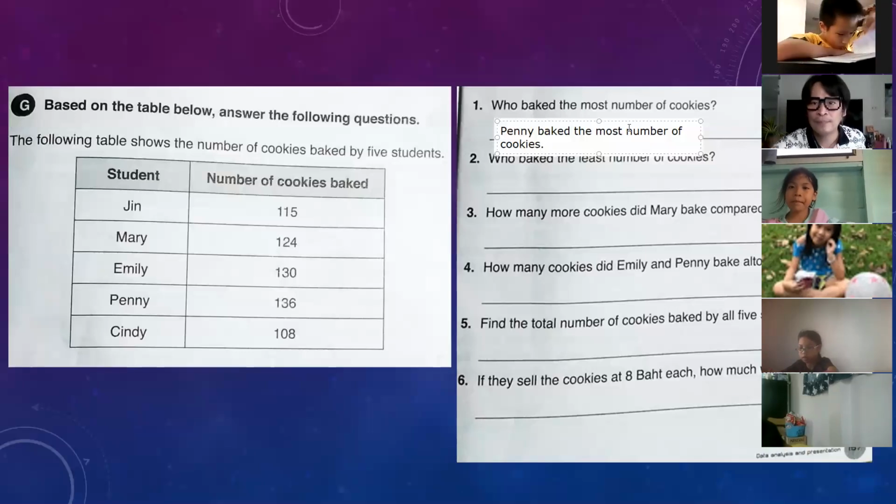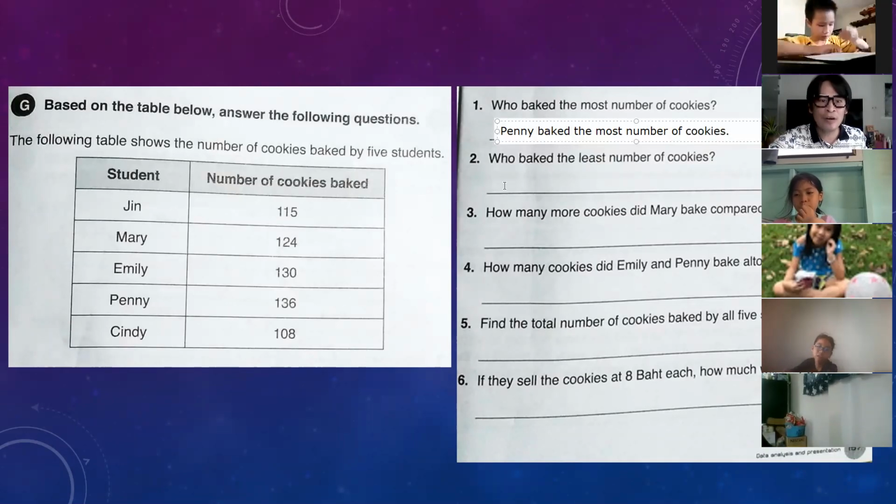Okay, next. Who baked the least number of cookies? It's